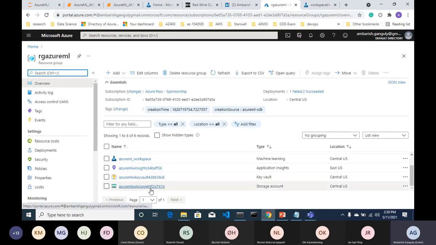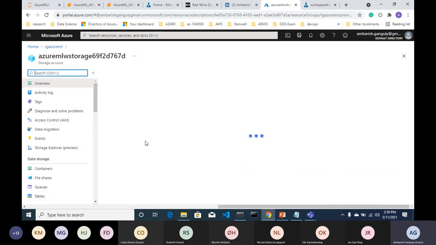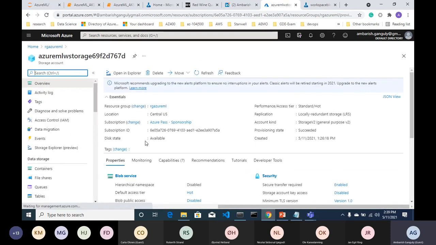Let me show you where it has done. So this is the storage account, and within that, this is the default data store, and in the containers,